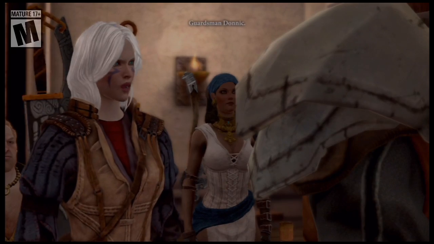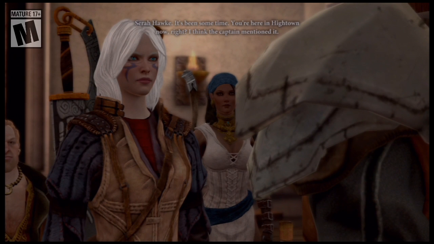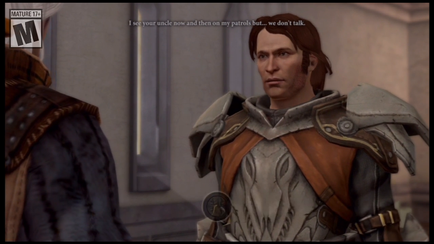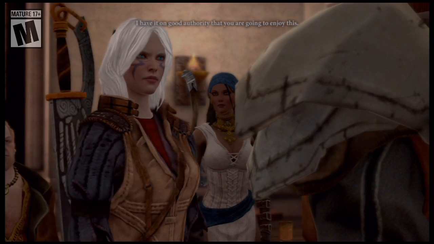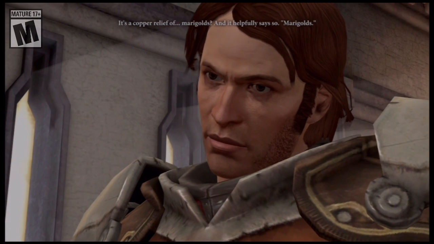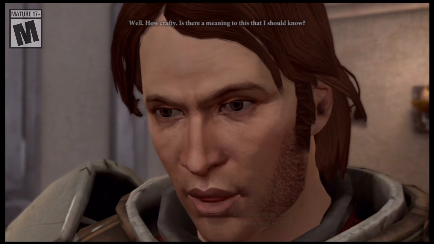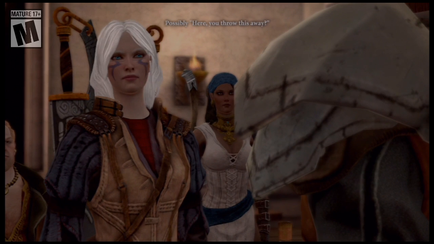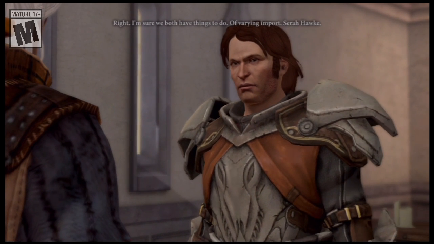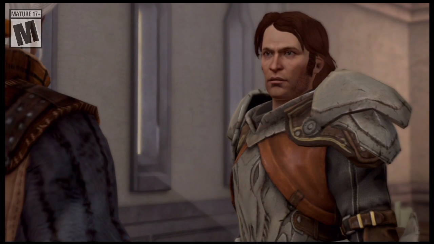Hello, Donnick! Guardsman Donnick. Sir Hawk, it's been some time. You're here in Hightown now, right? I think the captain mentioned it. I see your uncle now and then on my patrols, but we don't talk. I have it on good authority that you are going to enjoy this. Am I now? It's a copper relief of... marigolds? Ah, and it helpfully says so. Marigolds. Well, how crafty. Is there a meaning to this that I should know? Possibly, here, you throw this away? Well, it certainly conveys that. Right. I'm sure we both have things to do, of varying import. Sir Hawk. Is there some reason...